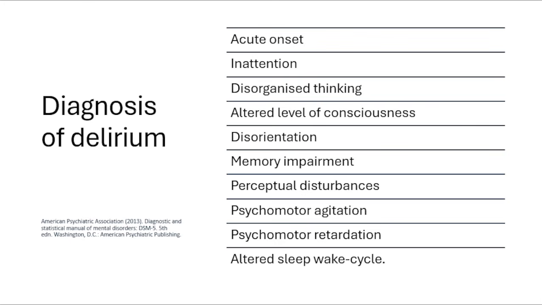It is not the only possibility, but it is really important to exclude it. For example, if one of our parents has diabetes and you notice a sudden behavioral change, talking nonsense and behaving in an odd way, and you do not think of the possibility of delirium, you might miss hypoglycemia, right? If you miss the hypoglycemia, a couple of hours later you will see irreparable damage, and sometimes it might cost a life, right? So any change in behavior is really important for understanding the possibility of delirium.